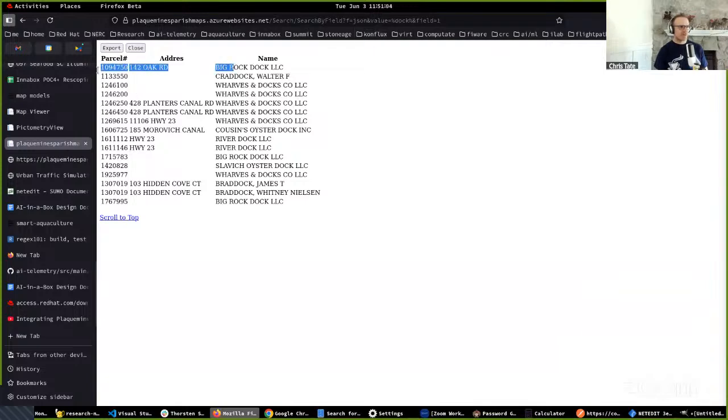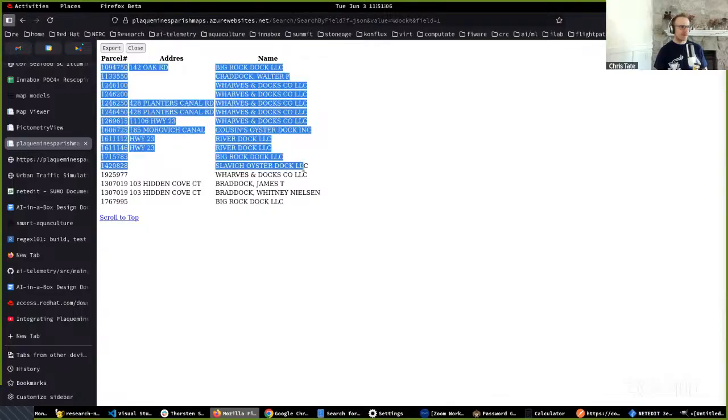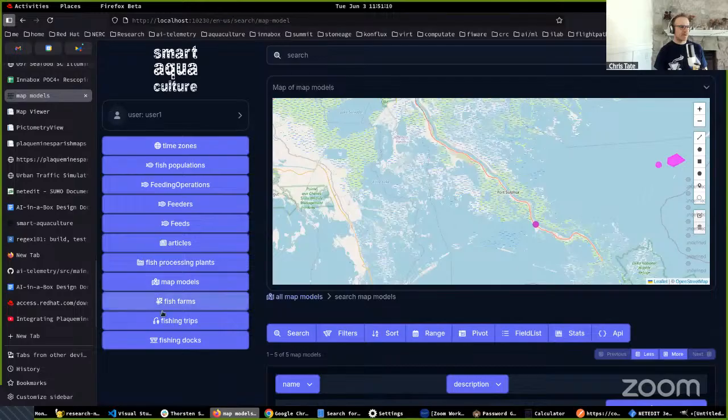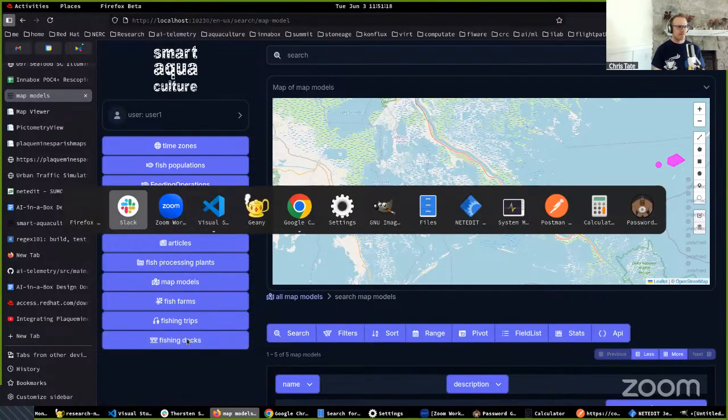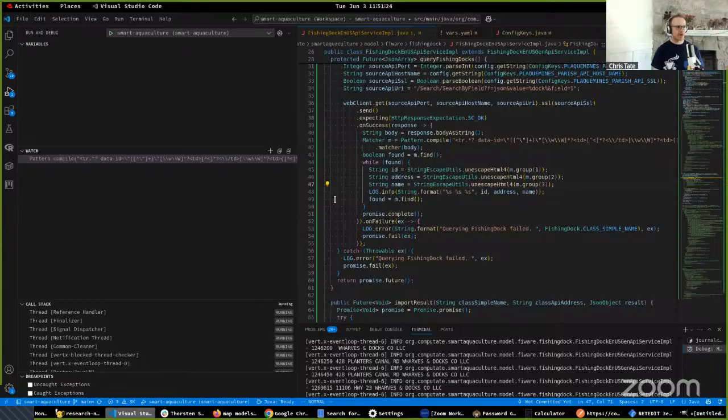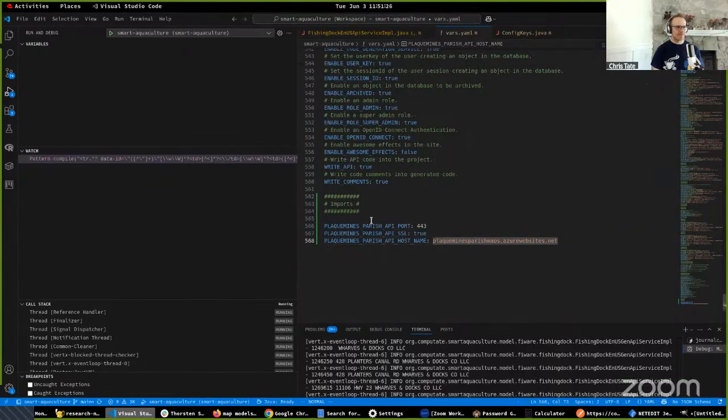And so that's what I'm attempting here in the code is importing data about the docks from the Plaquemines Parish website, which is public. So what I've done is in my VS Code for Smart Aquaculture, I've added some variables,